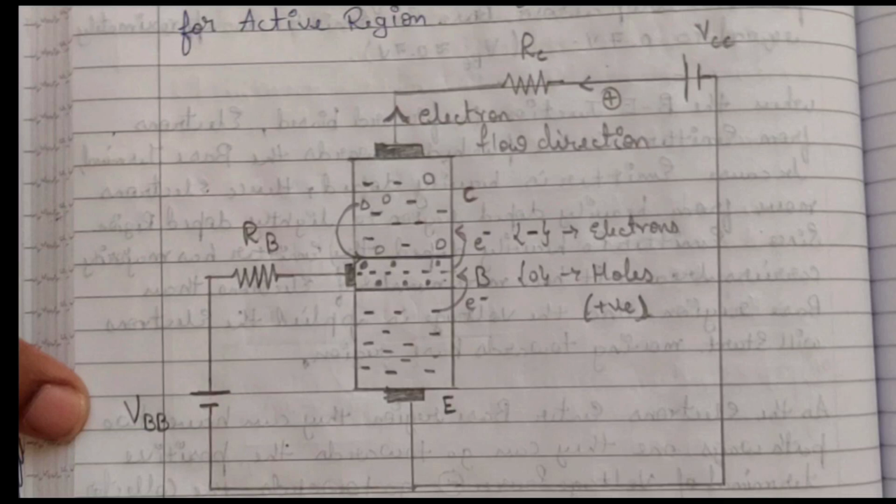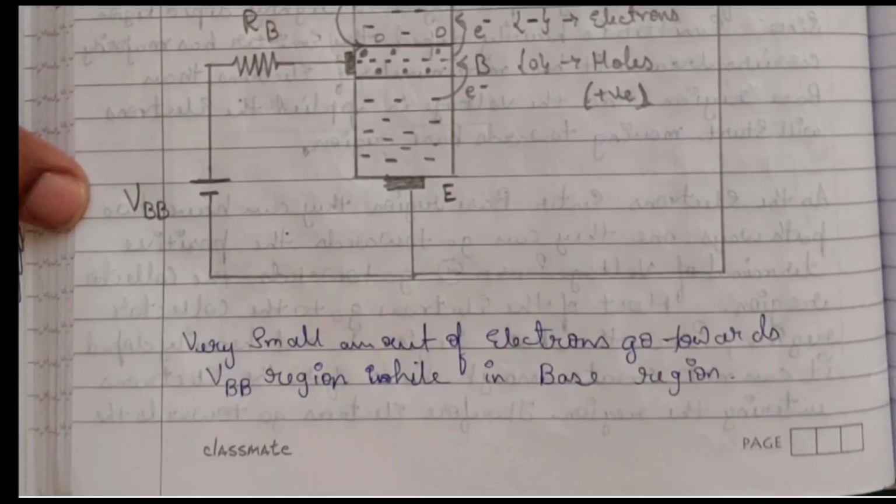The positive charges coming towards the collector region will also attract these electrons, and thus we see the flow of charges in the active region of the BJT, and a very small amount of electrons go towards the VBB region,